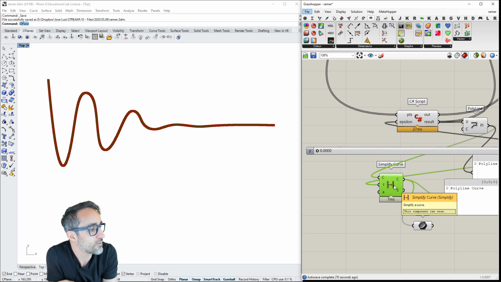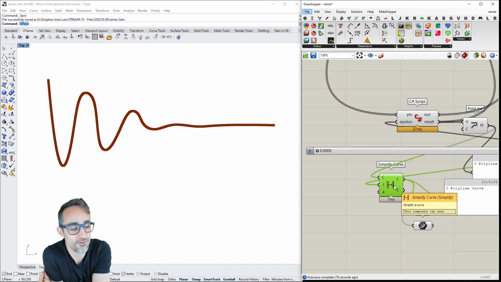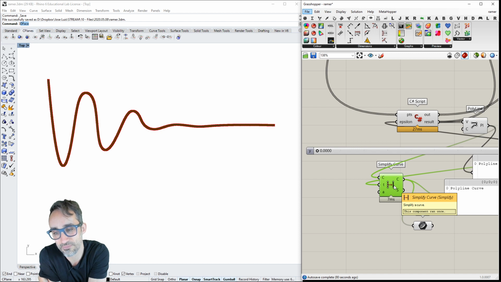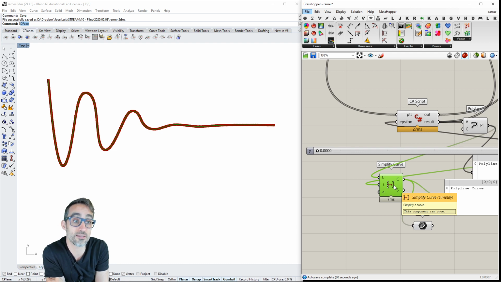Is this somehow the way Rhino calculates the length of NURBS curves? So yeah, Rodolfo, you're right. Very often NURBS curves, because they are defined by functions, if you were to compute the real length of those curves, you would need to do calculus. You would need to apply differentials, derivatives, and integrals to calculate the length of those curves.